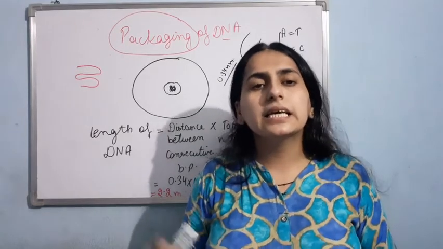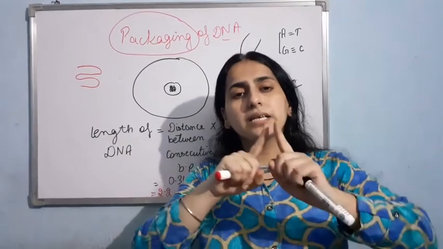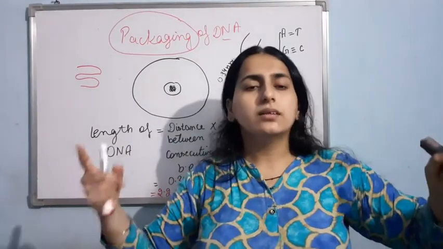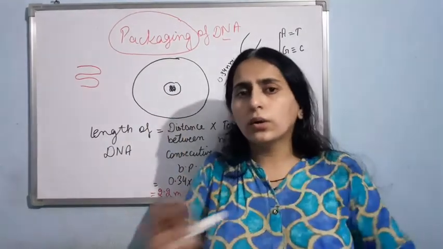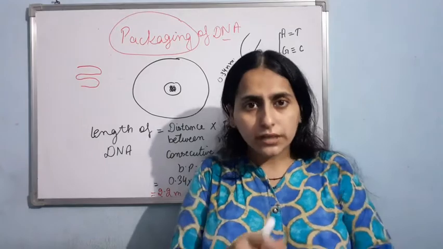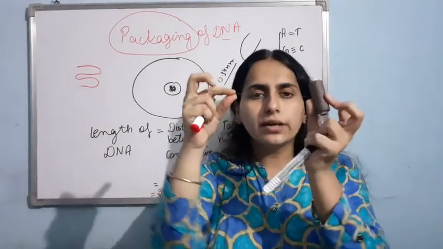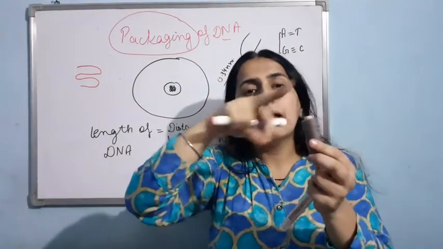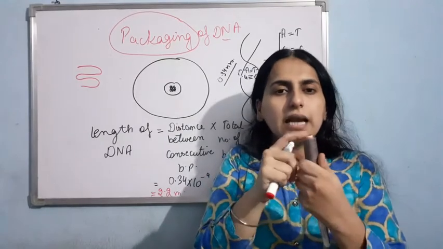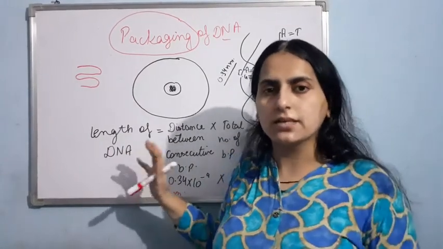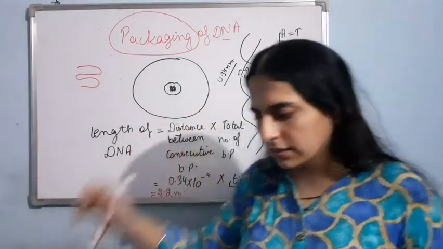The DNA is wrapped around something. Because if the DNA is present in a straight manner, then how can 2.2 meters be adjusted in the small nucleus? Not at all possible. So your DNA is arranged like this. Suppose this thread is your DNA. It is wrapped over something. Now on which it is wrapped, we shall discuss what these things are. Now let us talk about the packaging.